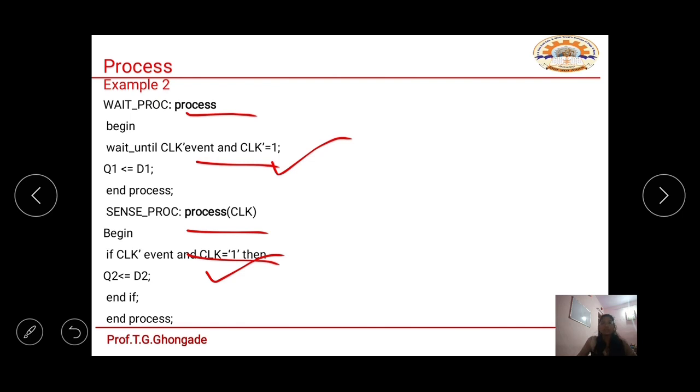So I don't have to wait for the completion of process 1 before I start process 2. These two processes will be executed at the same time. This is the difference between sequential statement execution and concurrent statement execution. Generally a process executes sequentially, but when there are one or more statements in a process, or one or more processes in a VHDL code, it takes a longer time to be executed and delay is increasing. That's why we use a number of processes in a single code that will be executed concurrently.